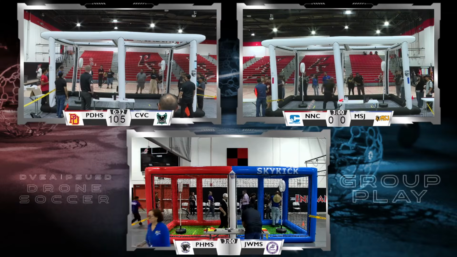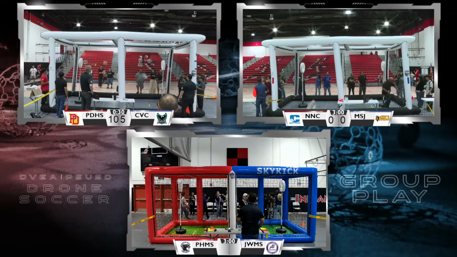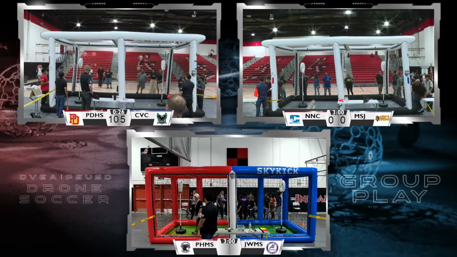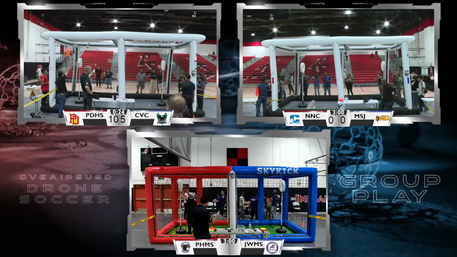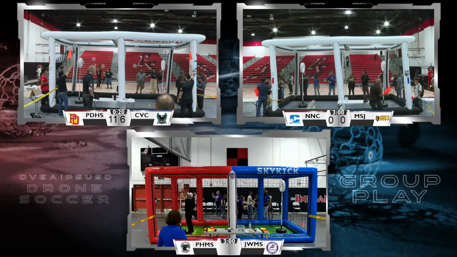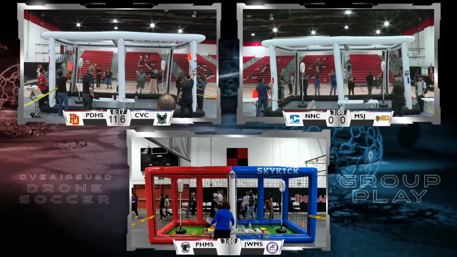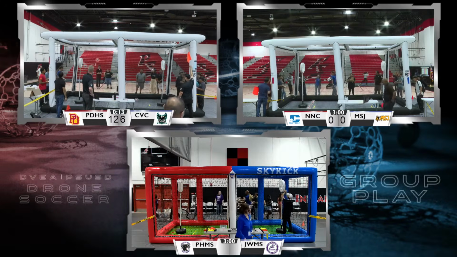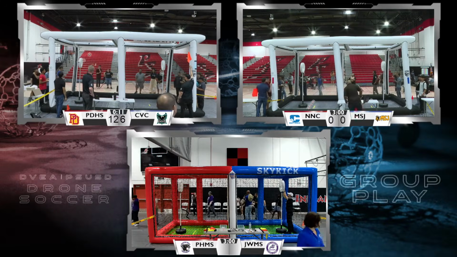About 30 seconds left in Arena A, Palm Desert High School and Cielo Vista Charter Middle School. You can see the practical experience with the high school students is paying off. They have more time to fly these drones. Most of these drone programs begin at the elementary level, but realistically, most of these students are introduced at the middle school level.